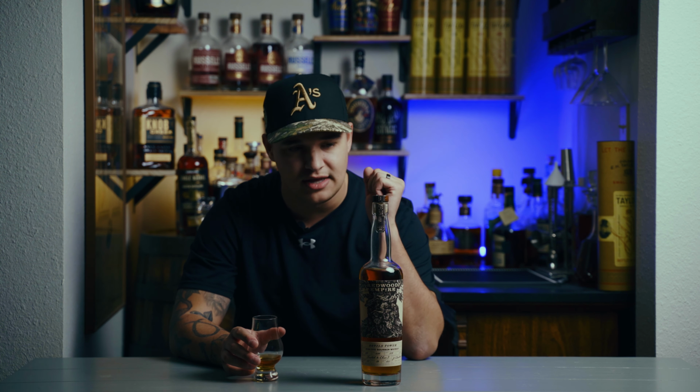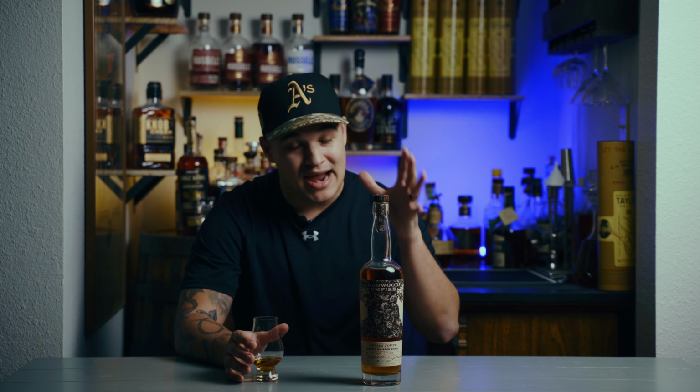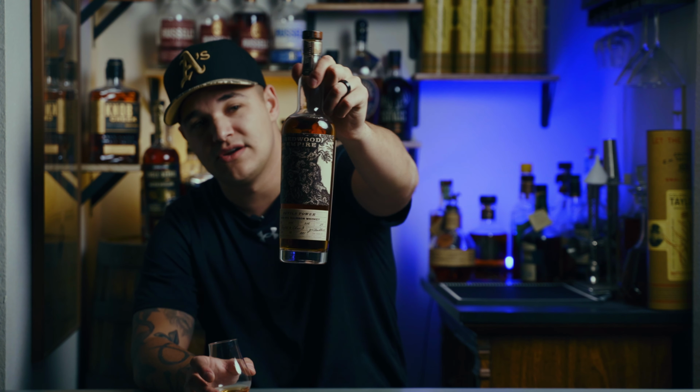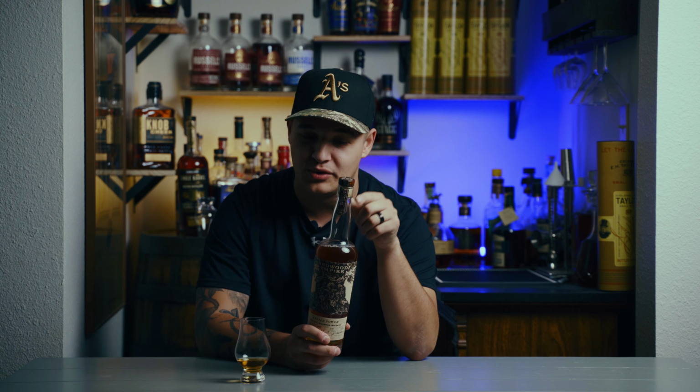And this is also, I will point this out too, this is batch number 1. It'll let you know. Batch number 1, I hope they continue with this series. Might even see some cask strengths, so they might take some honey barrels to make some cask strengths with this, and that would be awesome. But look out for this in stores near you. Call around, ask your stores if they can get this in, because I don't think you'd be disappointed at all